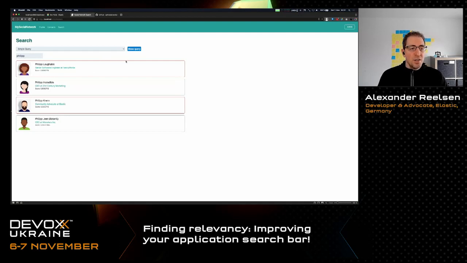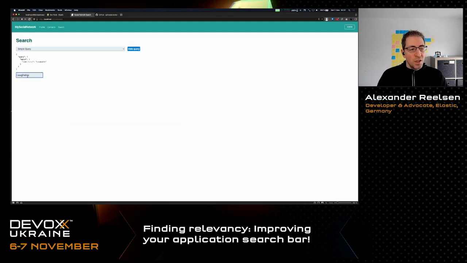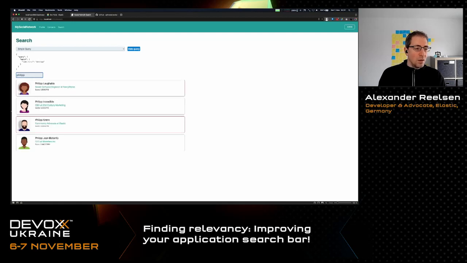But the interesting part is here, we can now take a look at those queries, and how they work. And this is kind of the most simple query. We are just searching in the first name. So this also means if I would search for this first name, we would not get any result because it's not a first name. So this means we need to tweak the query now step by step, right? We could run this query and hope that the users are finding what they're searching for. That would probably be a little bit naive.